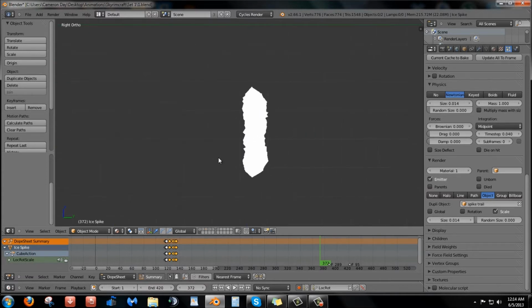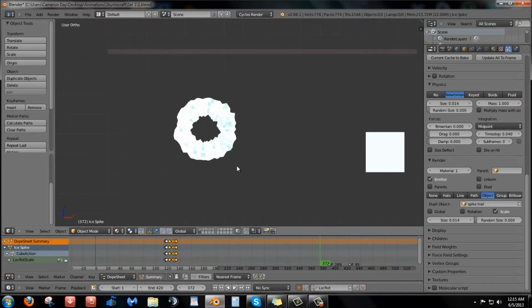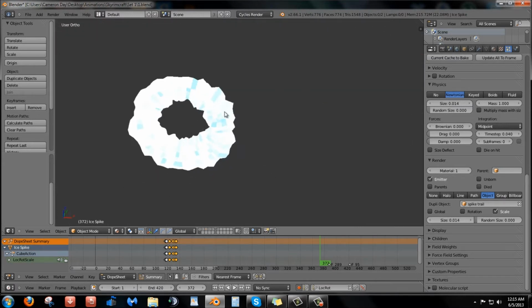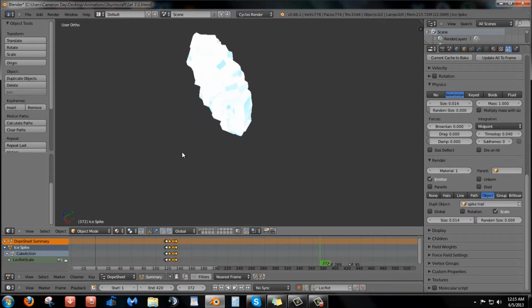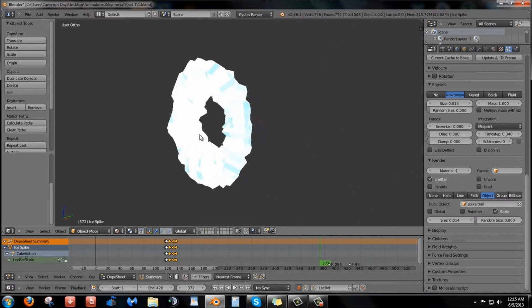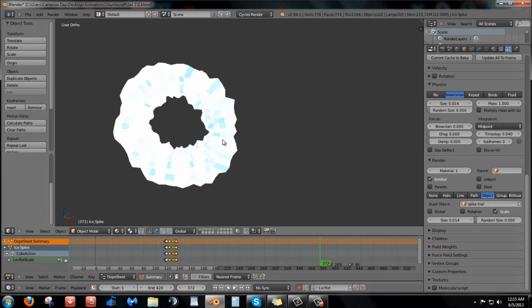Basically what I did is I just added a torus object, and I think I used a modifier to make it look all jagged. I can't remember what modifier I used, but I just made it look jagged, and then I let motion blur do the rest.